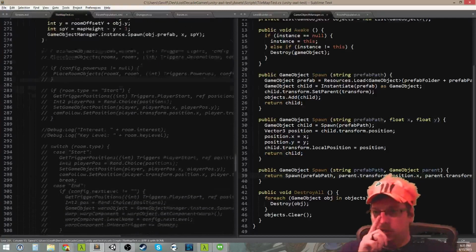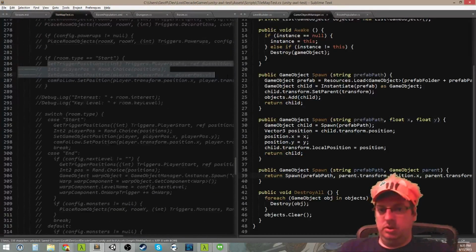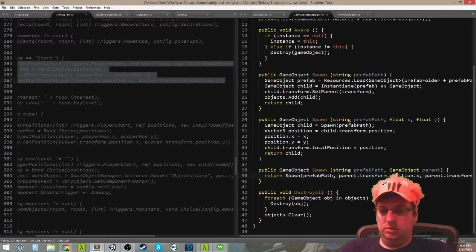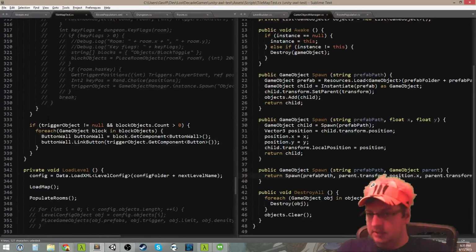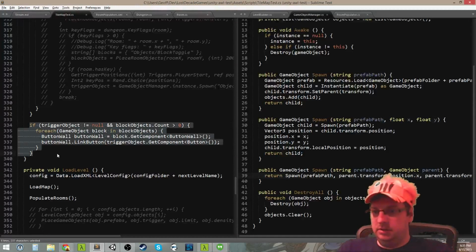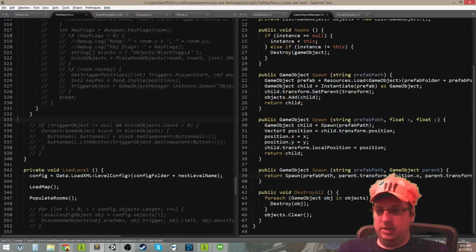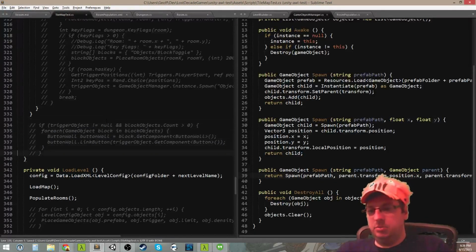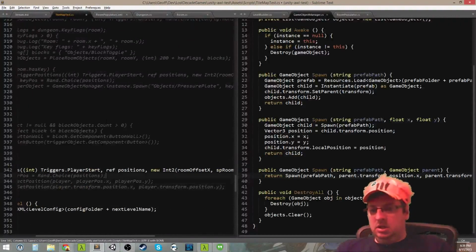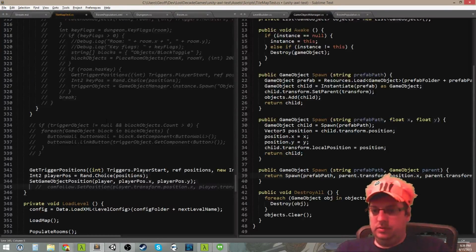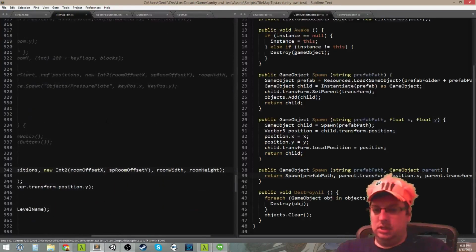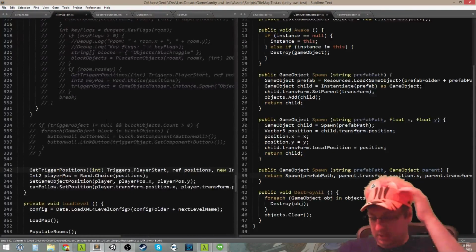And after we're all done populating the rooms, essentially what we want to do is do this same thing. I don't need to do this right now either. This is the linkage. We will want to do that at some point, though. But we want to place the player. So we're not really going to get it from the trigger positions in sprite tile anymore. We're actually just going to get it from the position of the